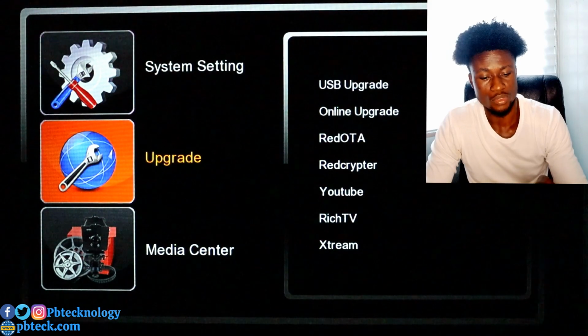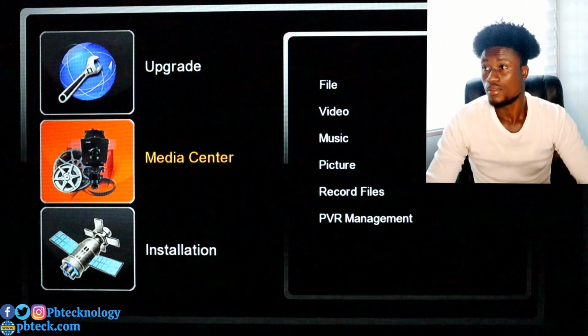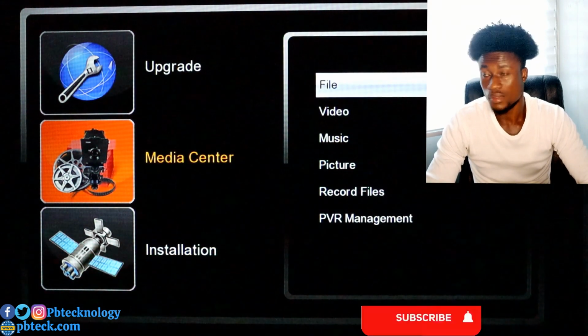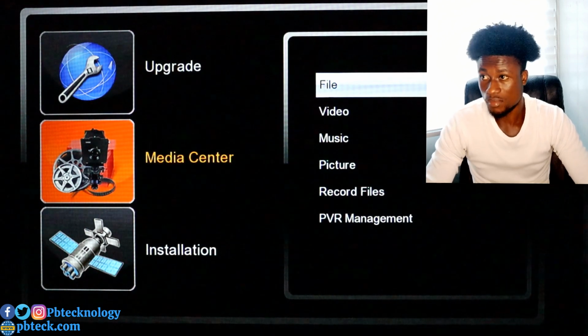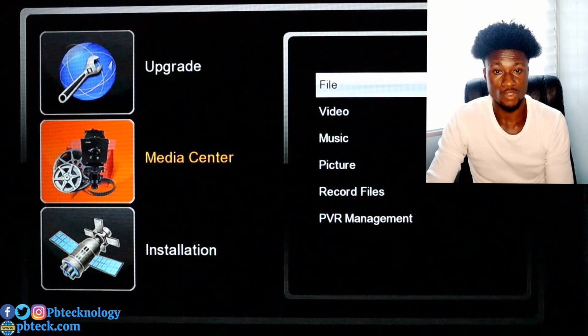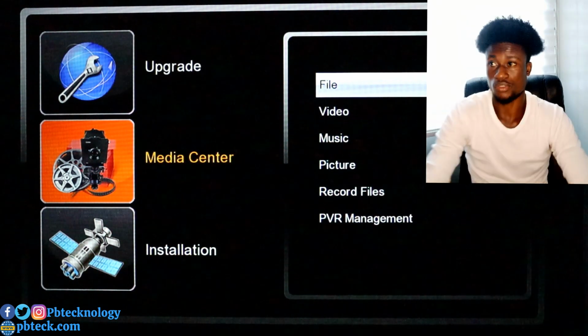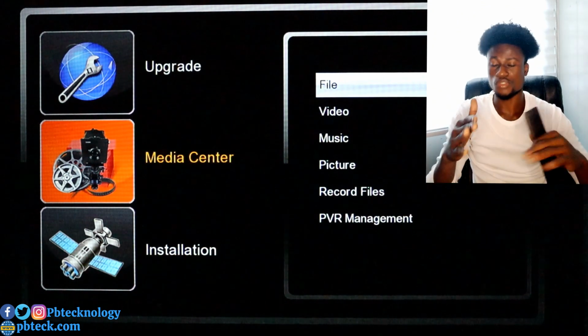You pick up your remote and then you press on the menu button on your remote. That's right here. So you press on the menu here, you look for media center, and then you press OK on it. When you come here, you have already inserted your drive right there. So when you come here, if you want to go straight to the video